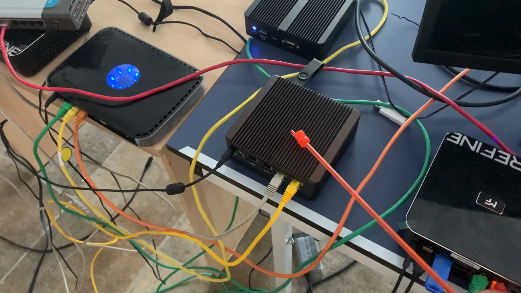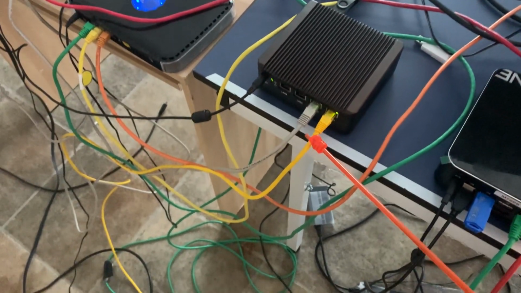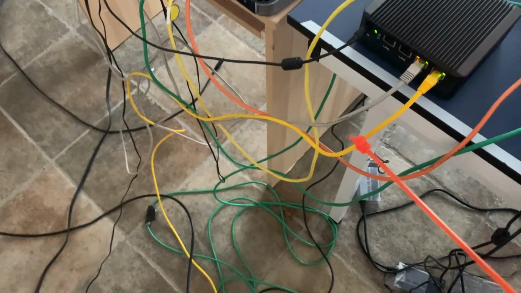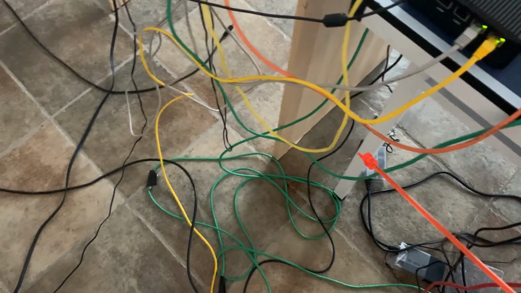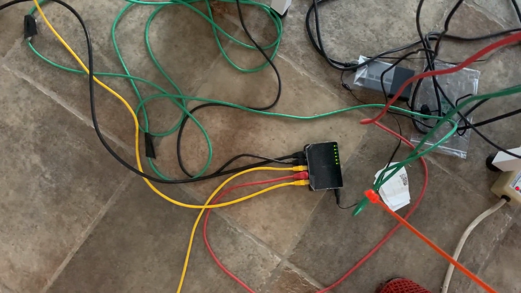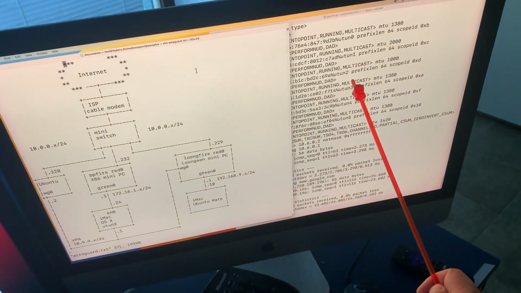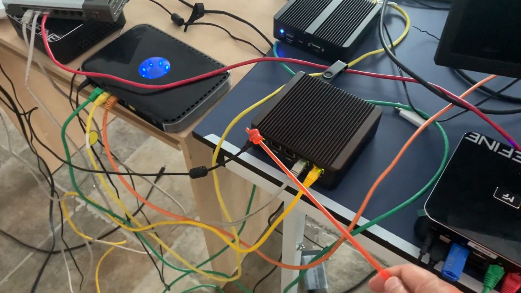Intel x86 mini PC. So, and you notice that the yellow cable is connected all the way down here to this mini switch that is connected up to the ISP modem. Okay, so this guy iMac has internet access through IPFire,